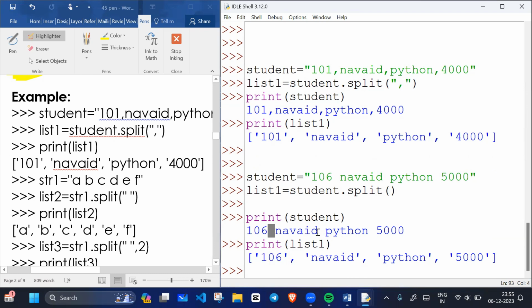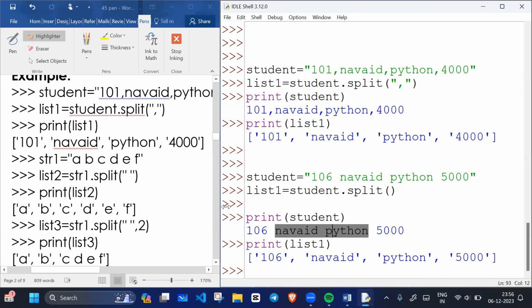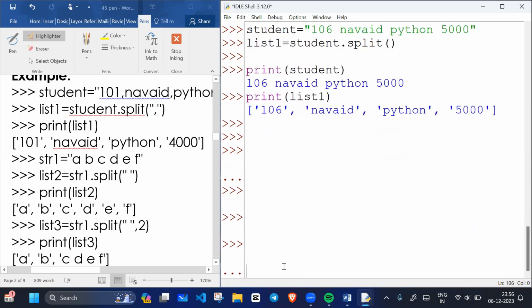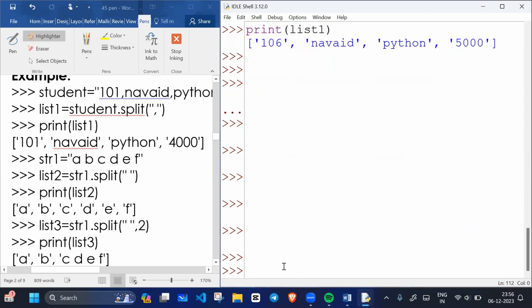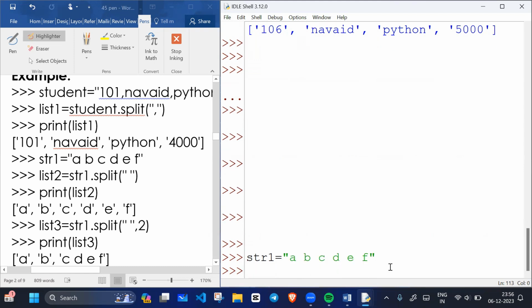With the help of space we are going to separate, okay everyone. And see this example now. Suppose, okay, now everyone please focus. For example, I have str1 equals to a, b, c, d, e and f. So how many characters we have? We have 6 characters. So if I write here list1 equals